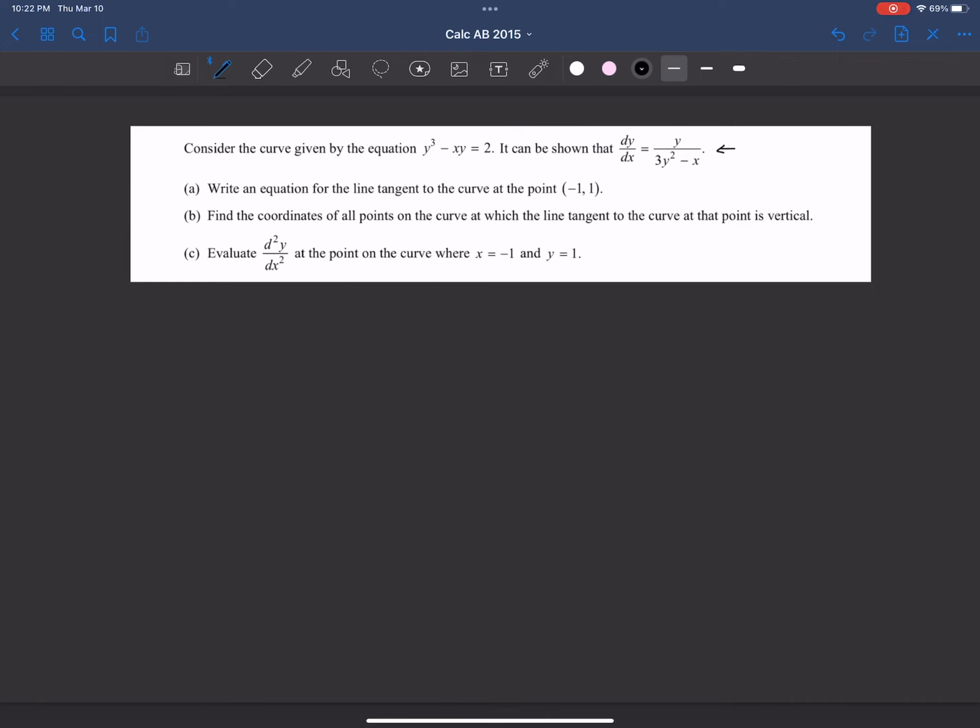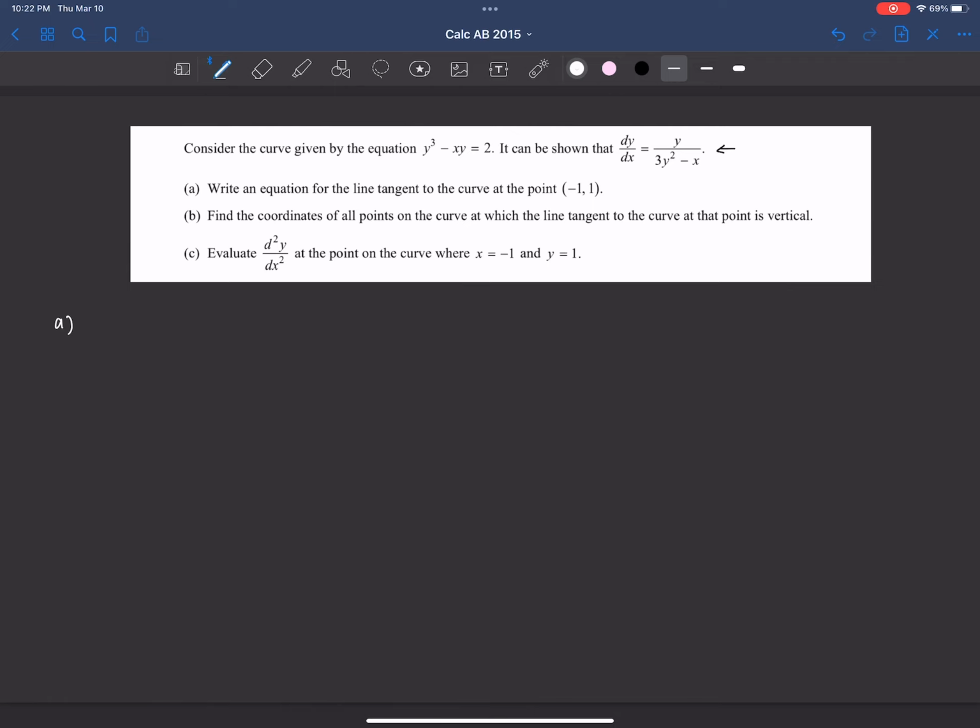So part A asks, write an equation for the tangent line to the curve at the point (-1, 1). You might know that you can find the slope from the derivative equation, which is already given to us, because the equation of the derivative represents the instantaneous slope. So all we have to do to find the slope of this tangent line is plug in our point. And the equation that we're going to be using for the actual line is the point slope form equation,